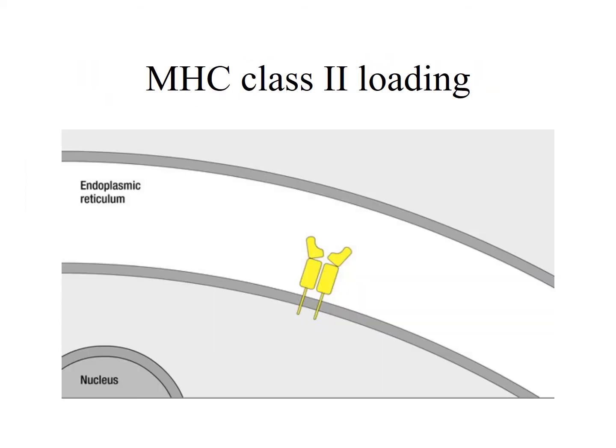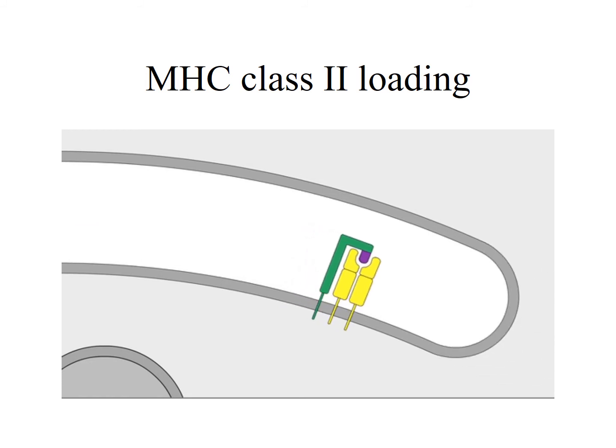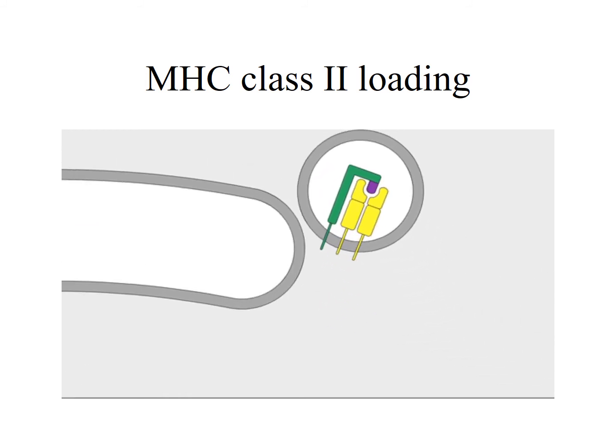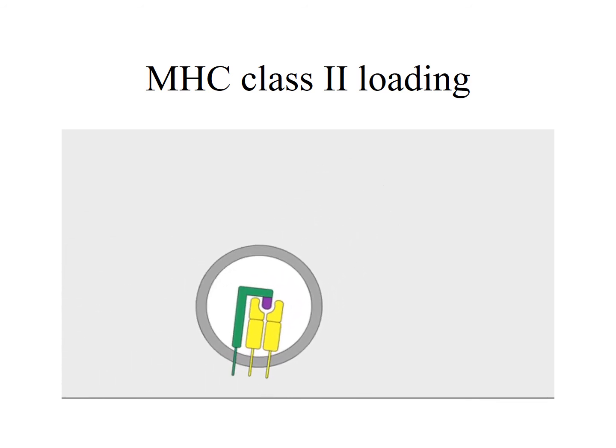The two chains of the MHC class II molecule assemble in the endoplasmic reticulum, the ER, with a third chain, the invariant chain, shown here in green. A portion of the invariant chain binds to the peptide-binding groove of the MHC class II molecule and prevents peptides or unfolded proteins present in the ER from binding. The invariant chain also guides the transport of the class II molecule out of the ER and through the Golgi apparatus into a vesicle that eventually becomes part of the endocytic pathway, by which pathogens and foreign proteins are taken